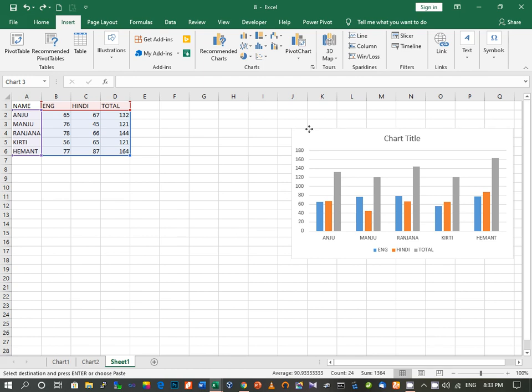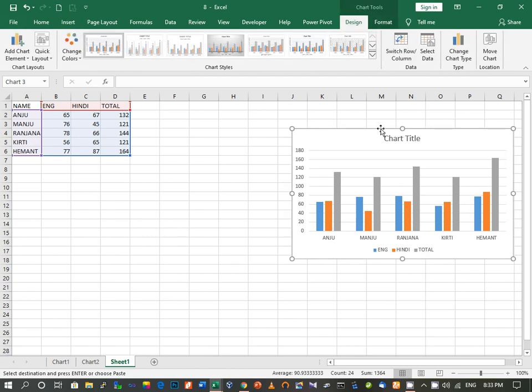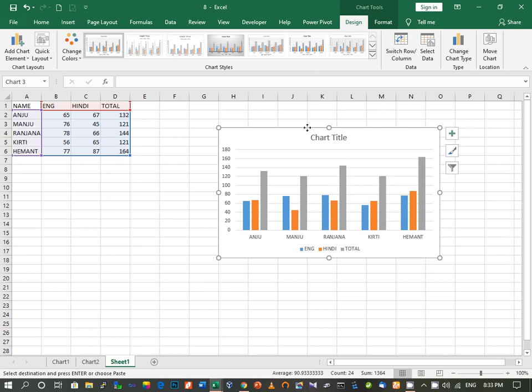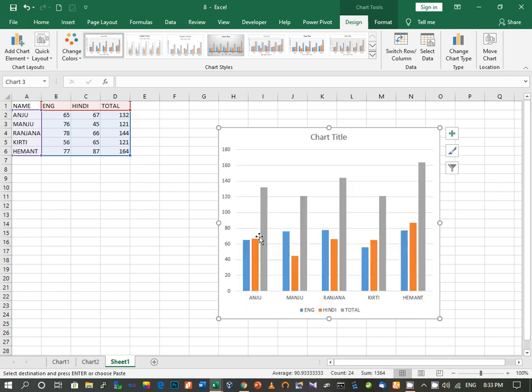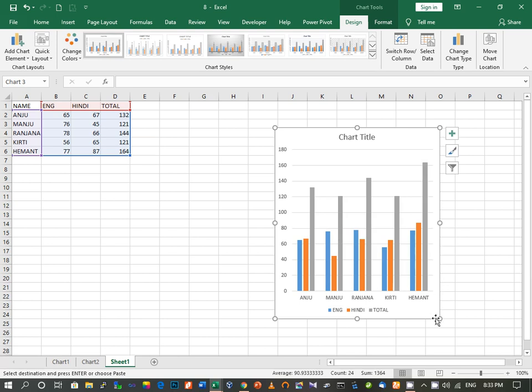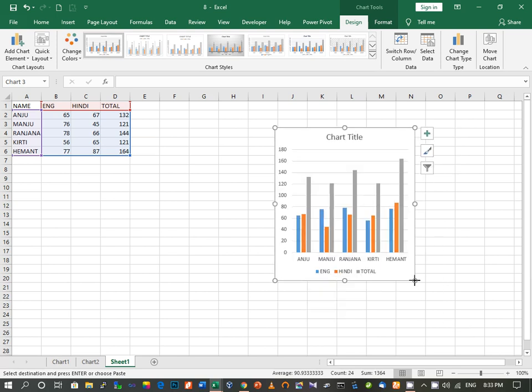You can see here this four headed arrow will help you to move the chart to the place where you want to move. Then suppose if you want to resize the chart, if you want to make it big or small, then this is the place where we'll put the mouse pointer over here. Now you can see that the mouse pointer has got converted into double headed arrow. So you put the mouse pointer at any of the dots and then we drag the mouse pointer like this. Similarly, if you want to make it small, then you will move it inwards, inside.